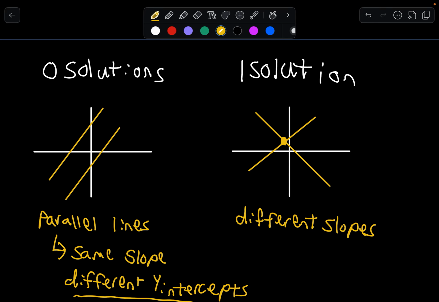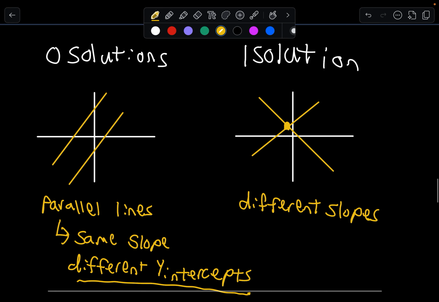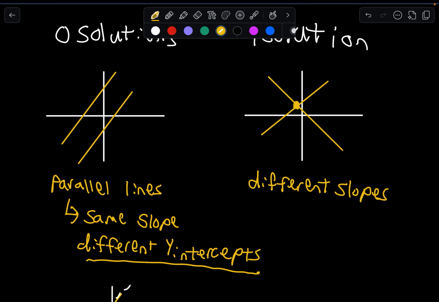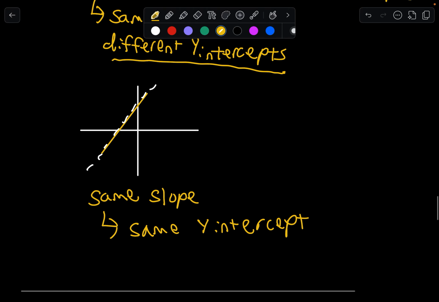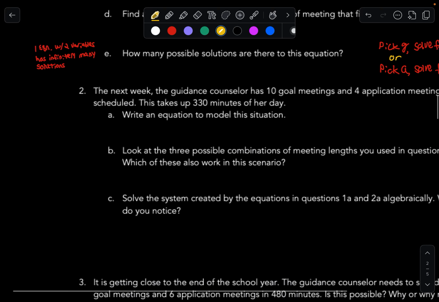One solution means the two lines will have different slopes. Once you have different slopes, the lines are guaranteed to touch at one point, so it's one solution. Basically we're looking to see where the two lines cross. And then what happens if they have the same slope and the same y-intercept? Well, then we're talking about the same line, and that's infinitely many solutions. All right, so going back up,